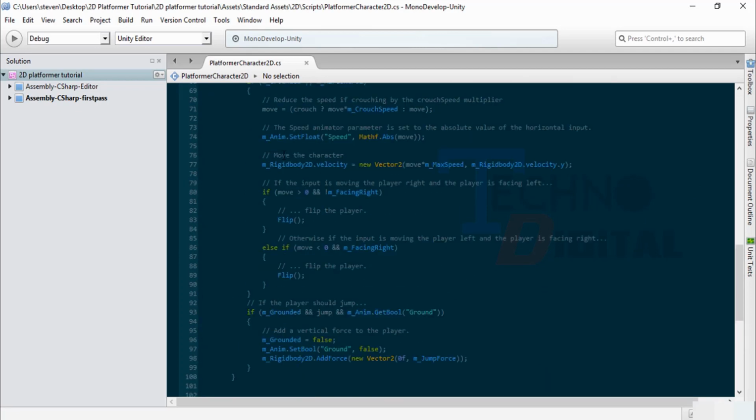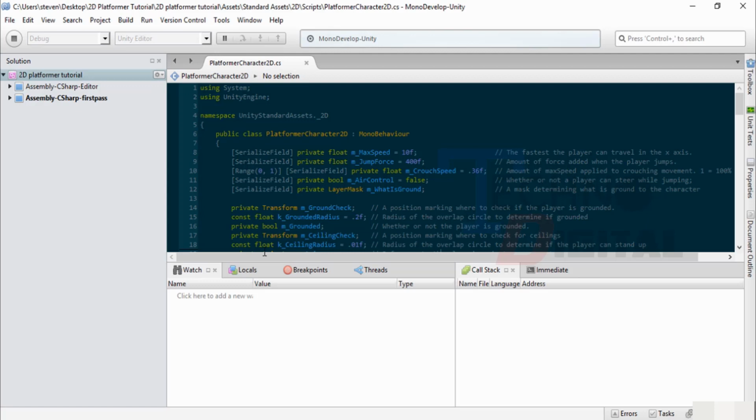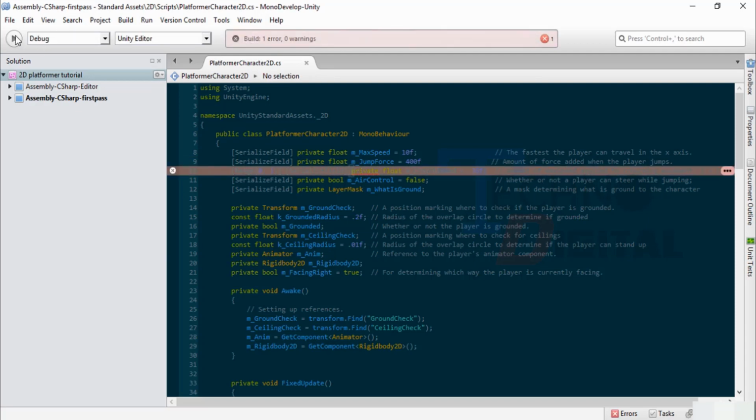Now, let's not play around with the script right now. What I want to do is show you that the MonoDevelop has a debugging tool. So if I click play here, it will then show me there are no errors in the script. It's building the assembly. Once that's done, notice there are no errors at the bottom. If I do make a slight modification, let's look at going into the code itself, and let's remove the semicolon here. And when I click the play to debug again, notice that it will throw an error and highlight the next line